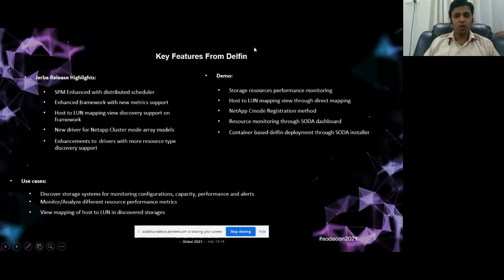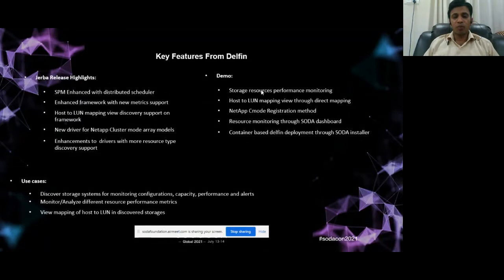In this demo, I will be demonstrating how we monitor the storage resource metrics, how to view host to LUN mapping using a demo storage discovered, and the access mechanism for NetApp C-mode. How do you register through the SODA dashboard?